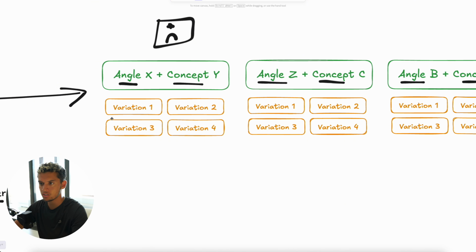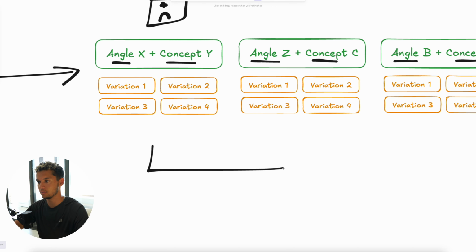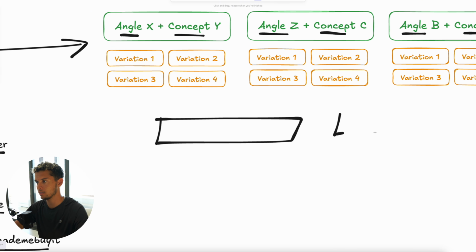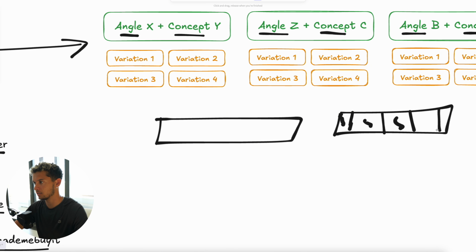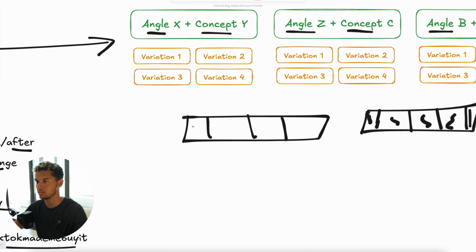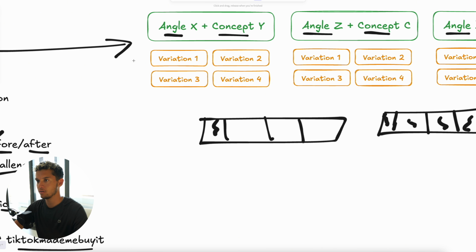So variations: here you have, this is the timeline of one ad, this is the timeline of another ad. It's the hook, it's the body, it's showing the product, and then it's the review, whatever, it's the call to action. Like, it's split into these different parts. And then let's say variation number 1 had this hook with a guy saying this stuff. And variation number 3 had the exact same hook, but with a girl saying the same stuff.